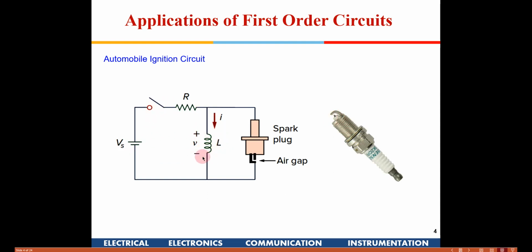So first we try to store energy in the inductor by closing the switch for a sufficiently long time, so that the current builds up, because this is a large inductor and will require some time to get charged. So you use a small resistor, and you pump energy into this circuit, and then you open this switch so that the energy has to get dissipated. We discussed that in the last class also. If you put the switch into the off position, it develops a high voltage, which causes the spark to jump between these two terminals. So this is a purely first order circuit, where you have only one storage element. That's why it's a first order circuit.